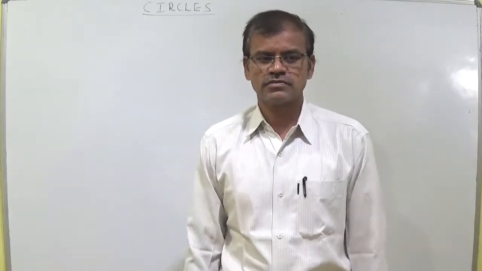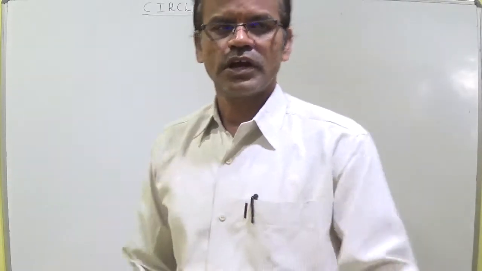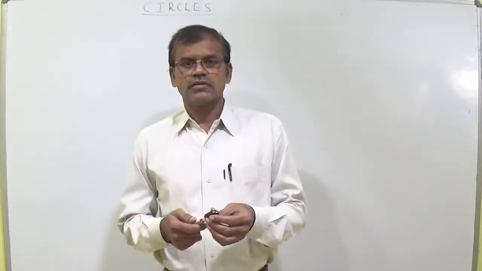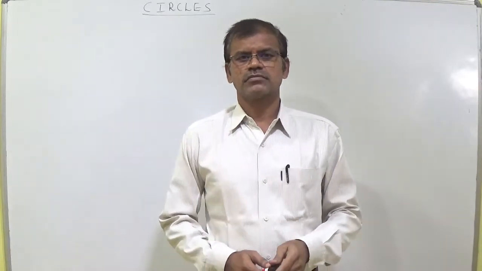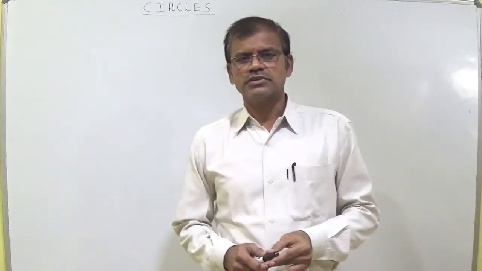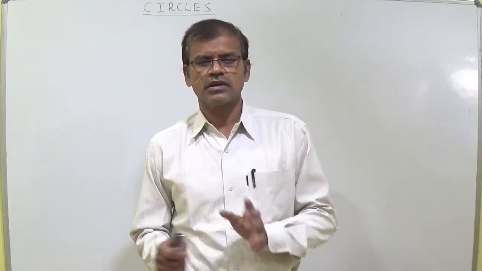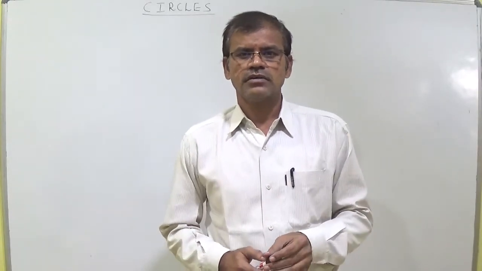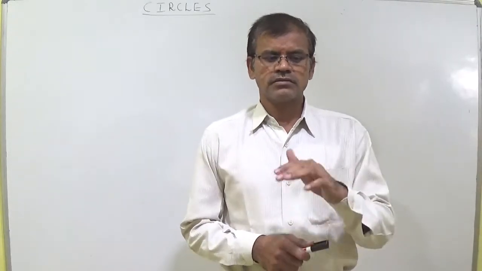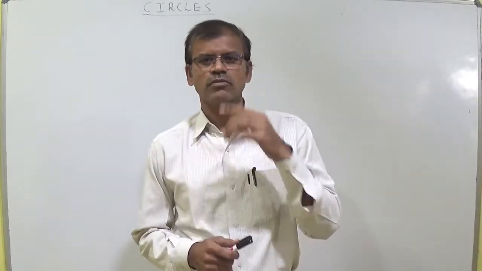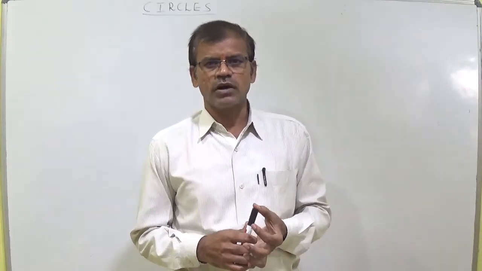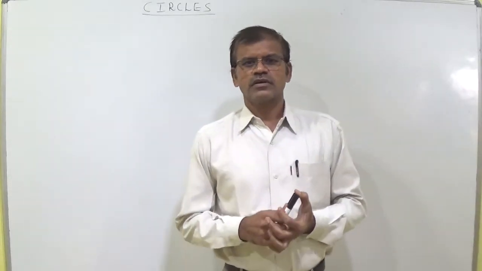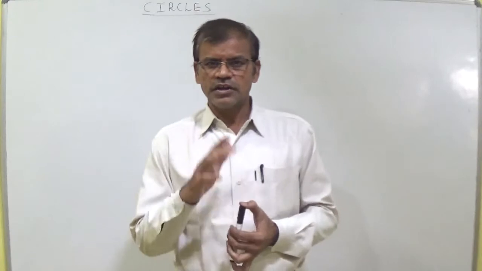Dear students, now we are in the chapter of circles. Until yesterday we handled equation of circle passing through a point and which length of x-intercept and length of y-intercept is given, and passing through 2 points and center lie on a straight line. That model, 2 models we discussed regarding 7 marks, and regarding 2 marks we discussed that finding center and radius.